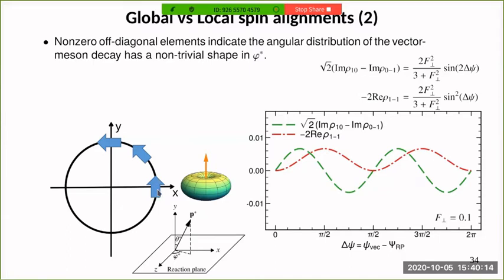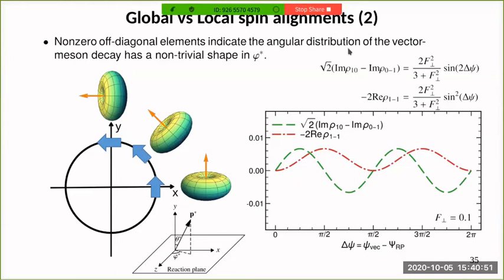Because in the local spin alignment, the spin polarization here is along the y direction, and the angular distribution of the decay looks like this, which does not depend on phi star. But for polarization at here and at here, it has non-zero components along the x direction. So